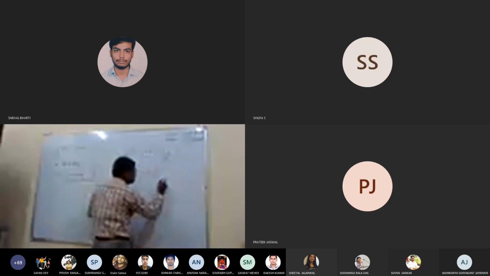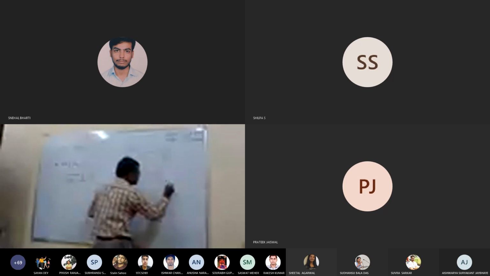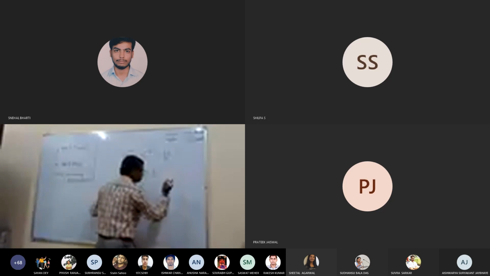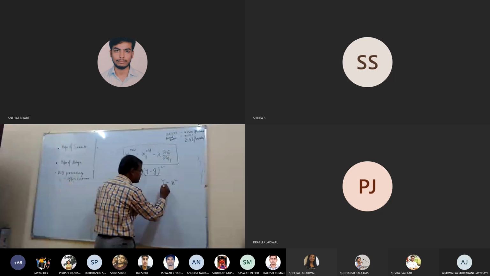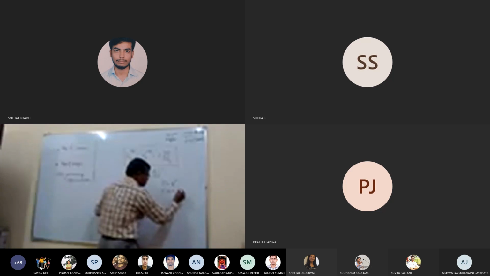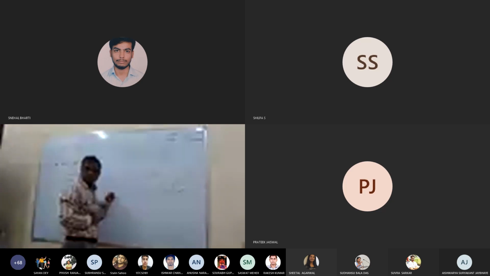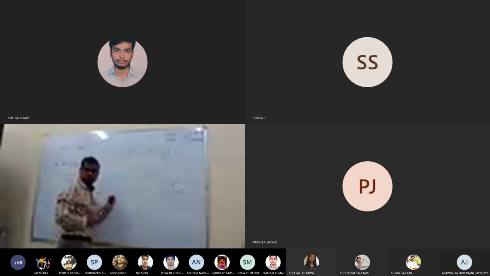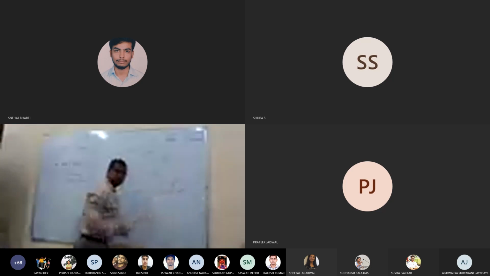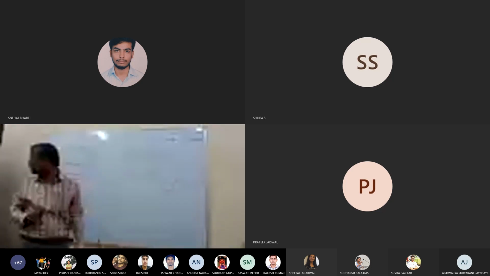Let's say the one variable function is y equal to x square. So that means function of x is x square. So now if we want to minimize, for which value will this function be minimum? Obviously, if we put x equal to 0, that will be the minimum value. Otherwise, all values are positive.